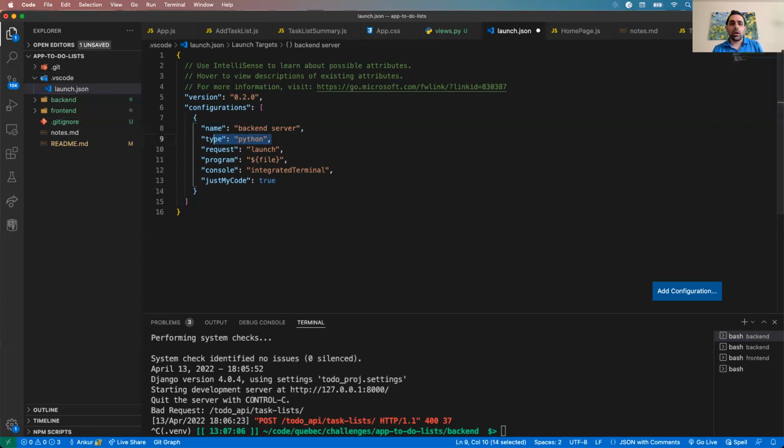The program we want to run is not the current file. This variable means the current file you're on. We don't want to run any file. We want to run one particular file, and that's our good friend manage.py. To navigate to that, we need to find where it is in our workspace. Our workspace is the app to-do list folder. Backend has the manage.py. So to get to it, I'm going to change my program to be, if I can,